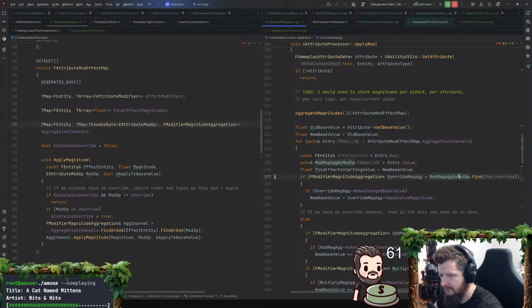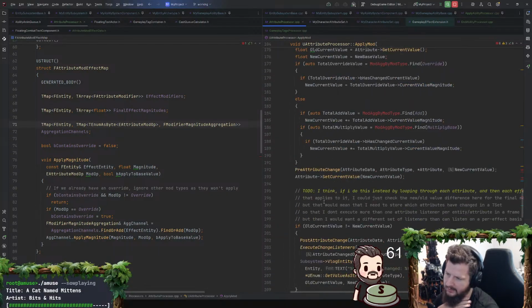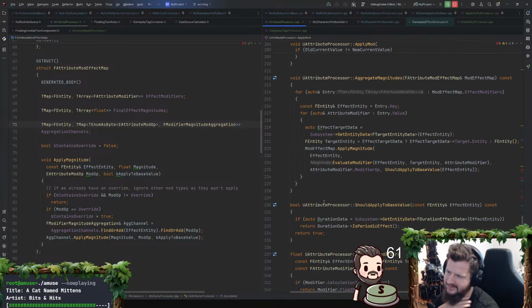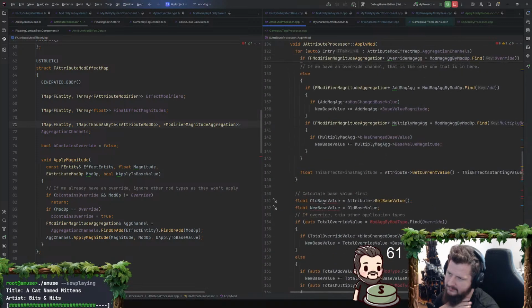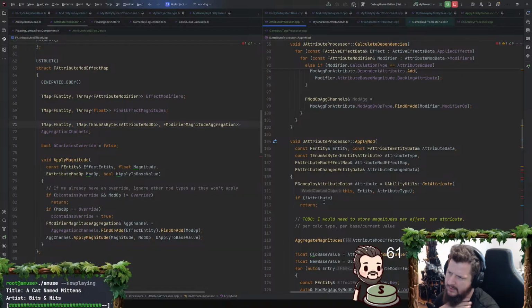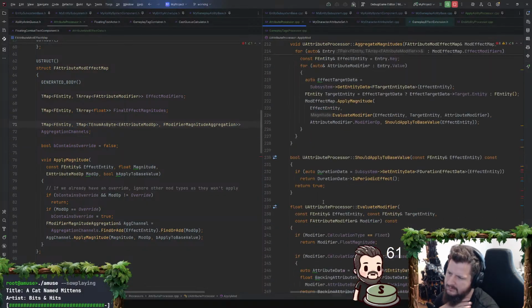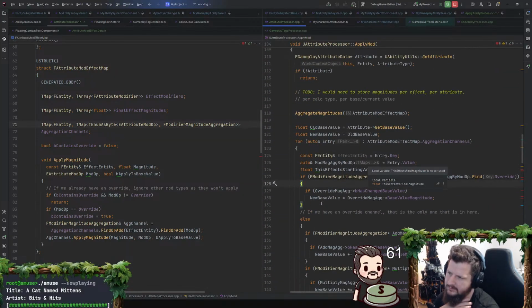Mod ag by op type. Yeah, I have to. Okay, I need another function. Oh Jesus, this is gonna be... I have apply mod. Maybe I need an apply magnitude function. Oh, this is gonna be messy.